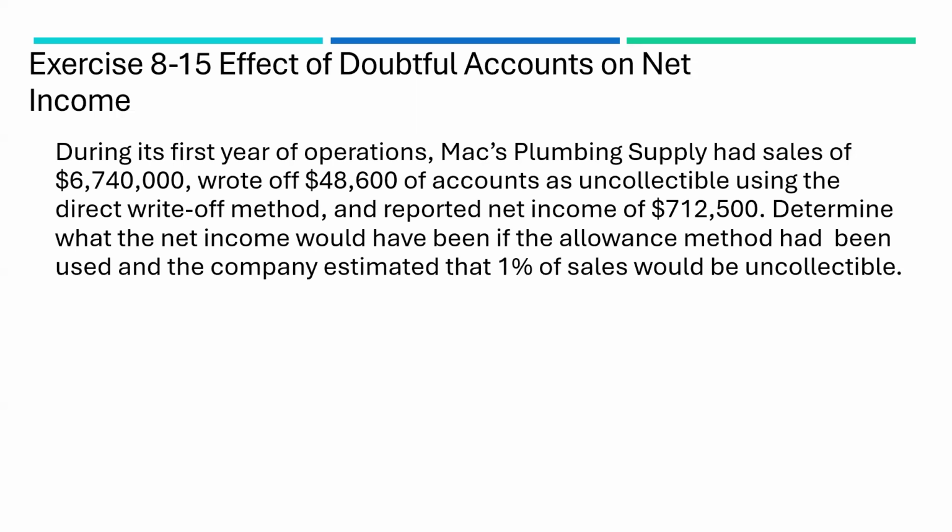And so under this method, they're using 1% of sales as uncollectible. During the period, they wrote off 48,600, and they had net income of 712,000. So under this period, they expect 1%. That's going to be about